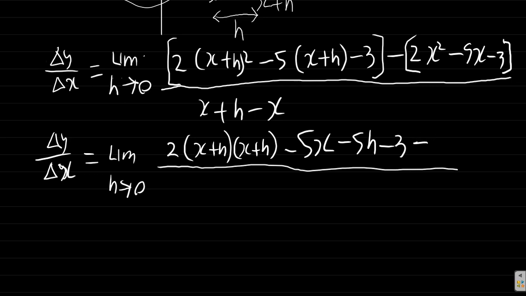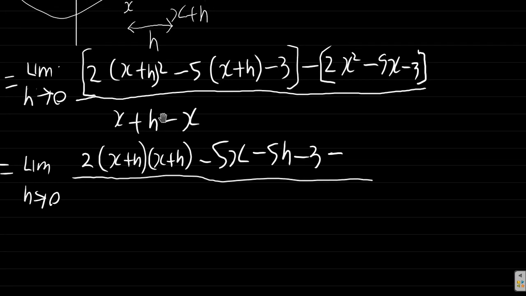Minus. So remember, this minus is this one, right? So we'll put back the square bracket here, minus. So remember, we open this bracket inside. I have the negative 5x, negative 5h, and minus 3, right? Close the bracket. Minus, let's open this bracket to the